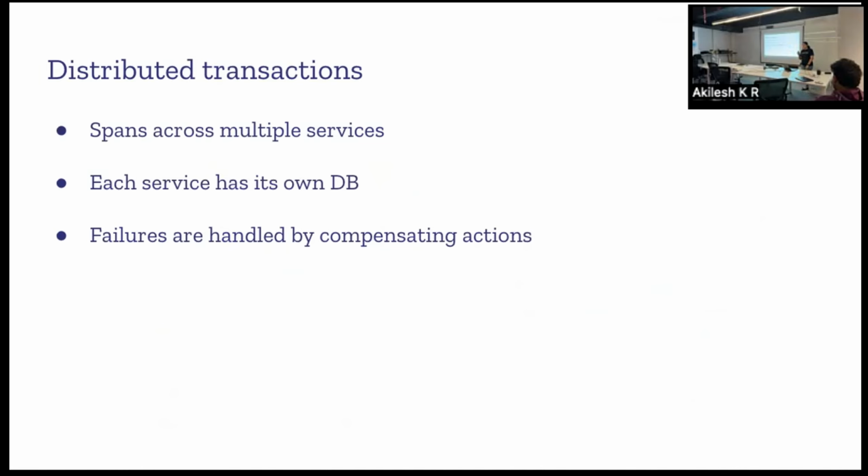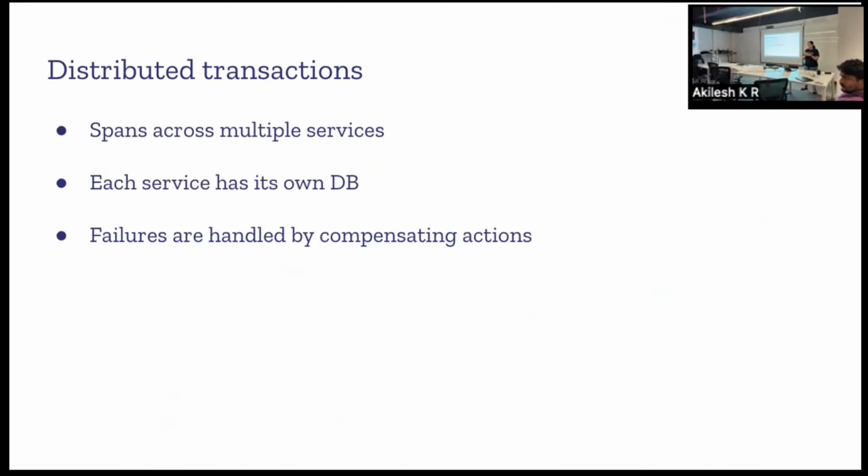And since each of the services are split and isolated, we also have the problem of distributed transactions. In the monolith world, everything was in the same DB, and the database ensured that we had the ACID property, and that will ensure that everything happens all or none.